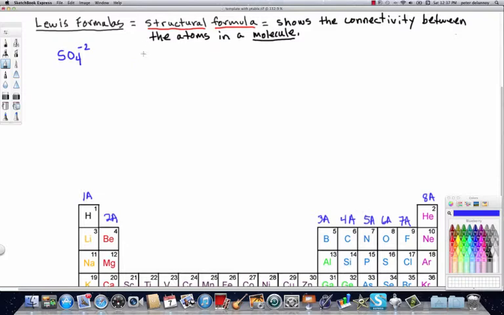All right, and here's the issue spelled out. A structural formula or a Lewis formula is our best guess or model to depict what the molecule looks like. In other words, what its connectivity looks like. And our model works pretty well for most molecules, but there are many molecules where the model begins breaking down. And when we deal with sulfur, and so the first example that we're going to look at is